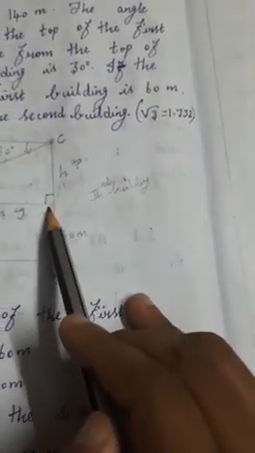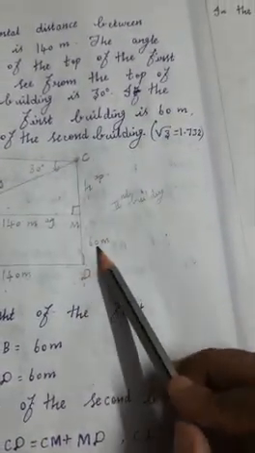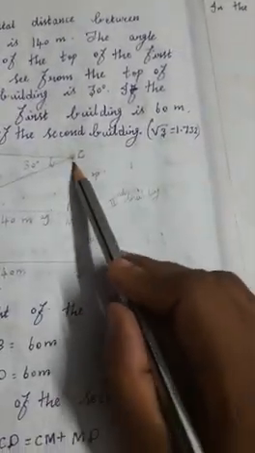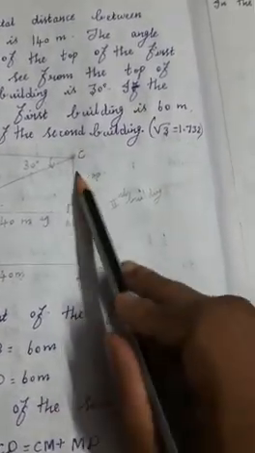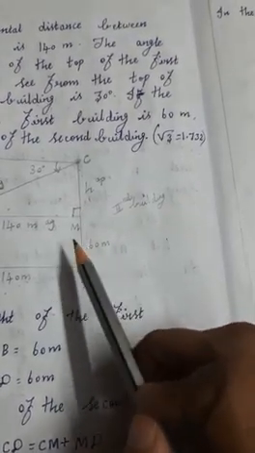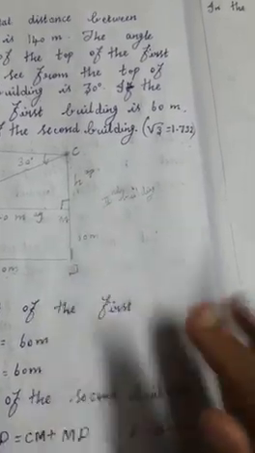What distance have we got? This distance we have got. But in our question they have asked for the second building's height. This much distance we already know is 60. This much distance we just found, that is 80.83. Can you add both or not? We needed the CD distance. CD means CM plus MD. CM distance we just found, that is 80.83. After this distance we know that it's 60. Can you add both?